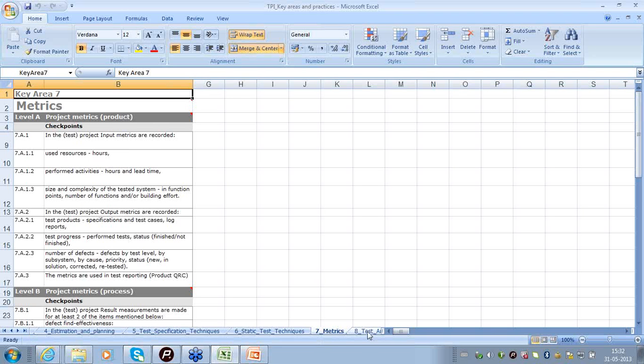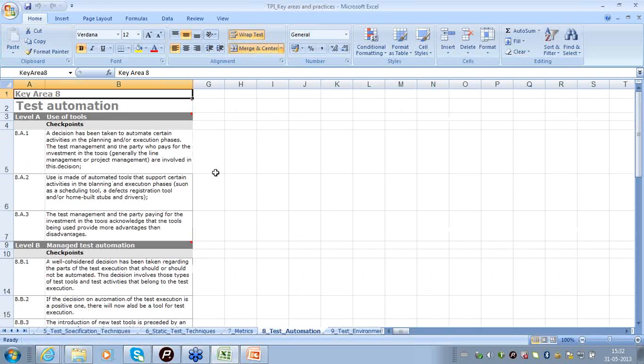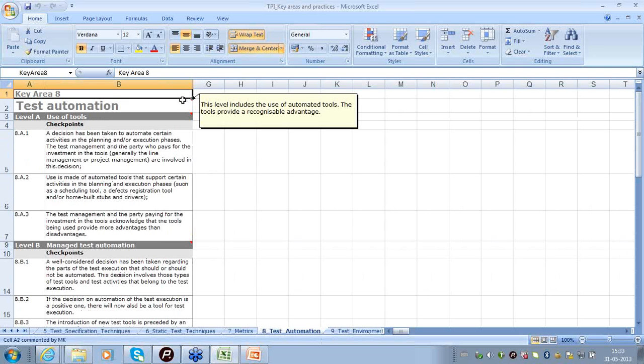So the next key area is about test automation. Many of the testing professionals will be excited and interested about test automation. From a model perspective, the TPI model recommends the use of test automation for the reason that there can be a good improvement in terms of the effort required for testing.